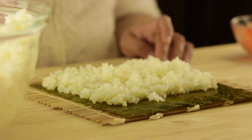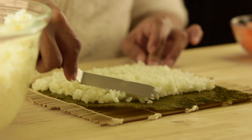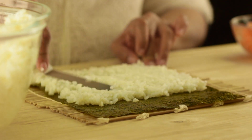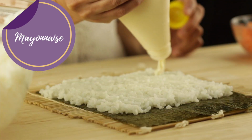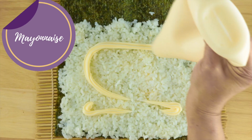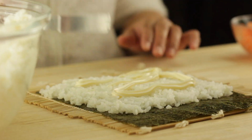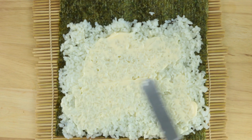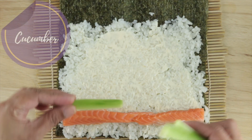And spread evenly, leaving 1/3 space from the bottom edge. Put mayonnaise on top of the rice, then spread evenly. Add the salmon fillet, cucumber,